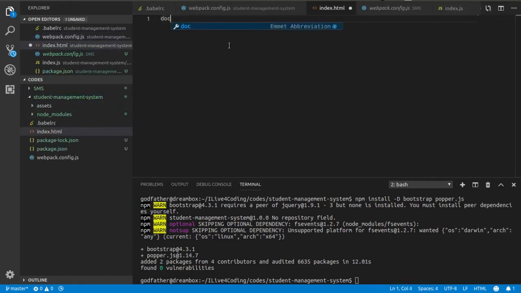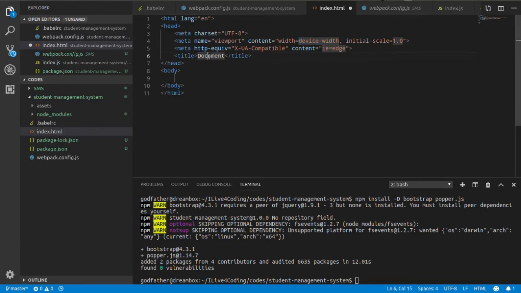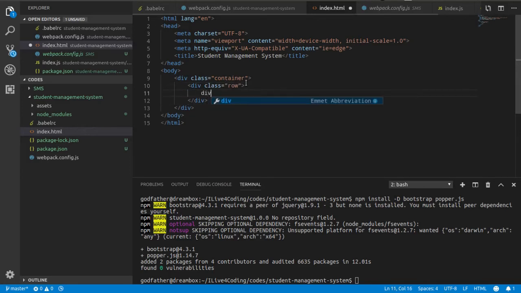Now let me create the boilerplate, and let us give it the title student management system. Here in the body I'm creating div.container. This is very easy, guys. Here I'm using VS Code, so you can see how quickly it supports typing. Inside it, I will again create div.row, which will turn into div class row. And here I will create div col-12, and here h1